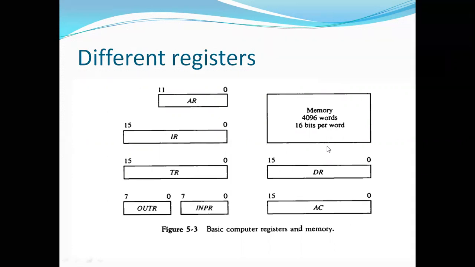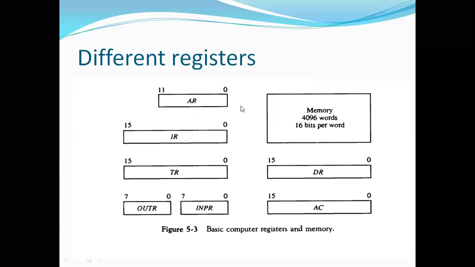Here also we are considering the same memory configuration. So how will each register be divided into bits? Suppose we talk about the address register: it contains bits 0 to 11, that is 12 bits. The length of the address register is 12 bits. Address means we need to consider the address of each and every memory location. I have already told you that it is 4096, and converting into power form, it takes 12 bits.